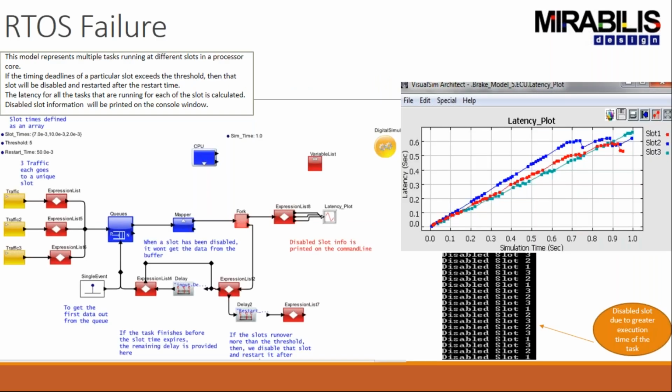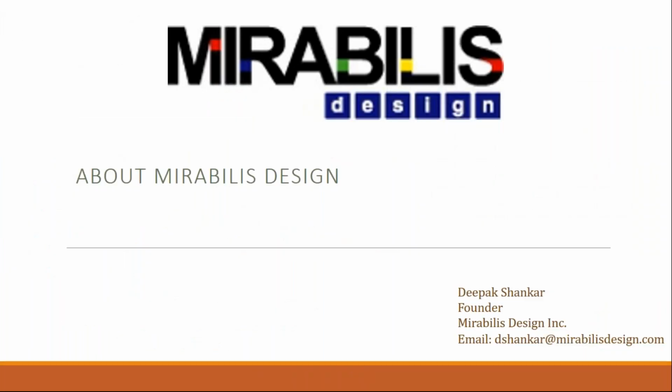So restart time is one of the parameters. As you can see, in this we have a slot time. We have three slots, whose values are 7 milliseconds, 10 and 2. The threshold is, as I was saying, that after a certain threshold, when the system reaches the threshold, the slot will be shut down, and it will restart after the restart time. The restart time is 50 milliseconds. As you can see, the disable slot info